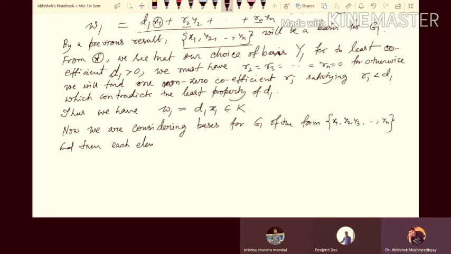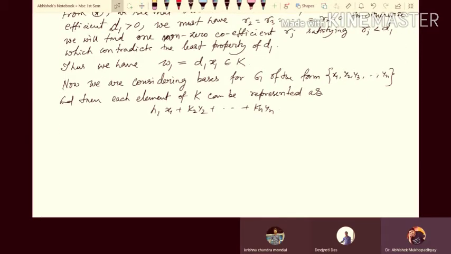Each element of K can be represented as h1 x1, k2 y2, kn yn, where h1, k2, kn are integers. Now since d1 x1 is a member of K,